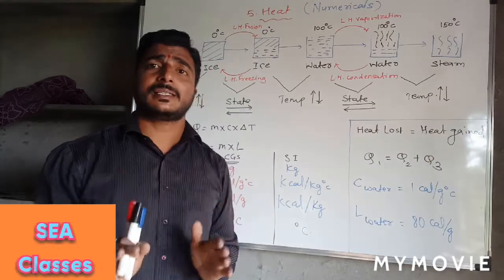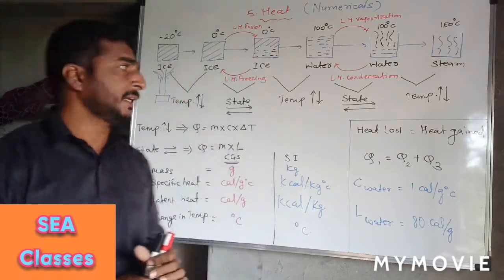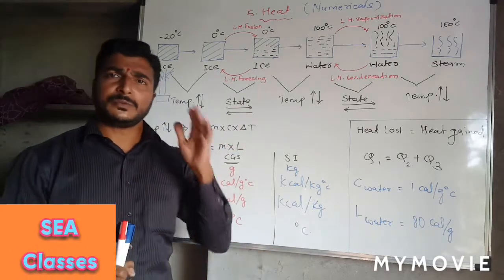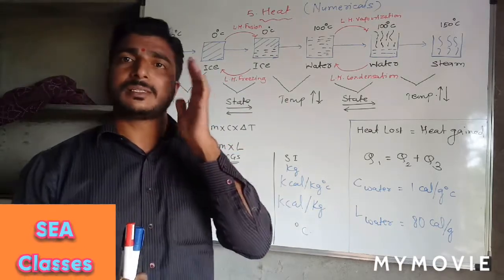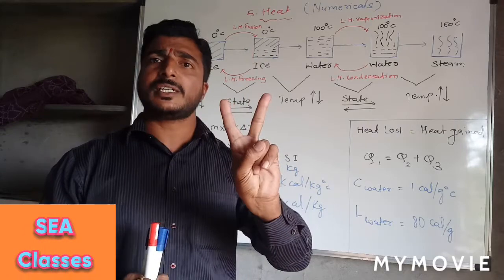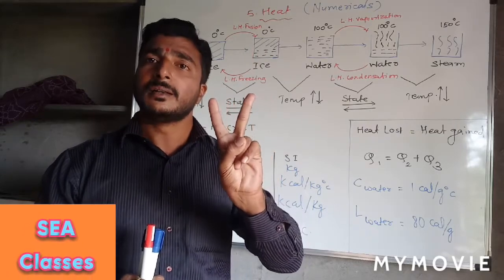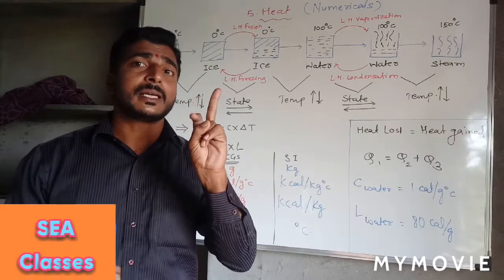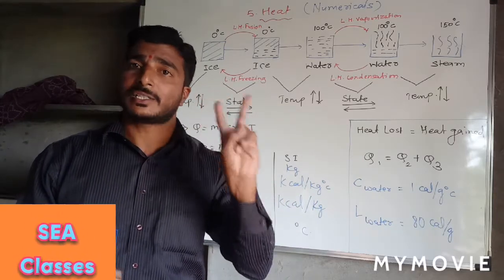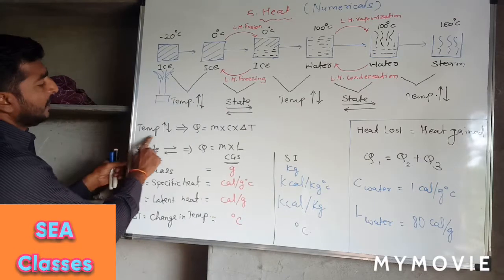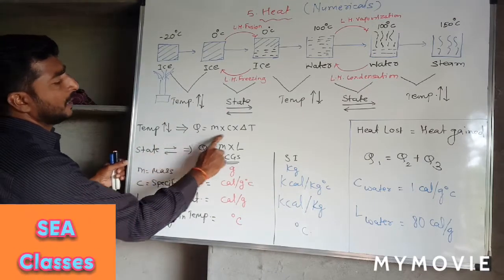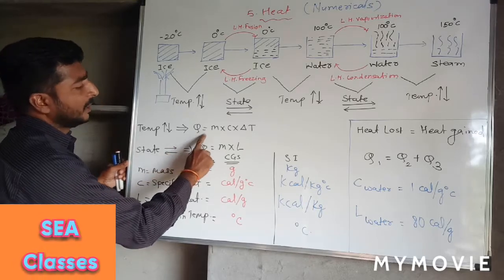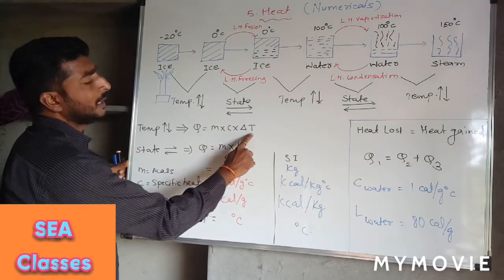So definitely you can understand that whenever heat is provided, there will be a change in the temperature or a change in the state. And while doing the numericals, you have to consider these two things. What is the change happening in a given liquid or water or whatever the state is given to you? There is a change in the temperature or there is a change in the state. Now whenever there is a change in the temperature, you have to take this formula, that is Q, heat, is equal to m into C into delta T.